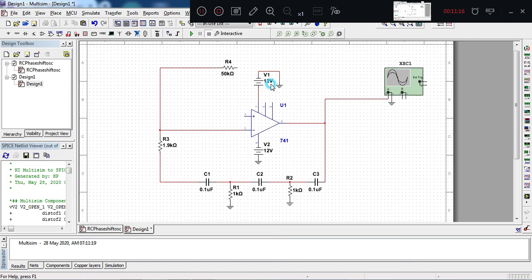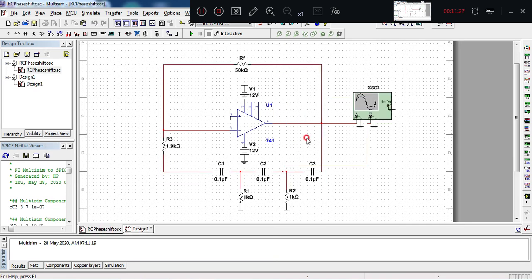Connect the output to the CRO also. We'll check with the reference circuit. So the output is connected to the CRO. RF we have connected at pin number 6. One more connection, this is for observing. Here pin number 3 we need to connect to ground, and for channel B you connect the output from this first section.